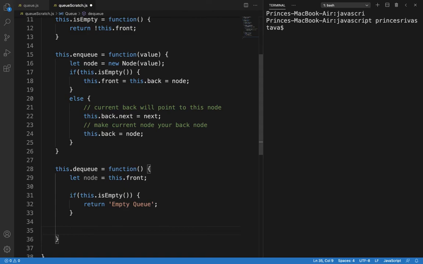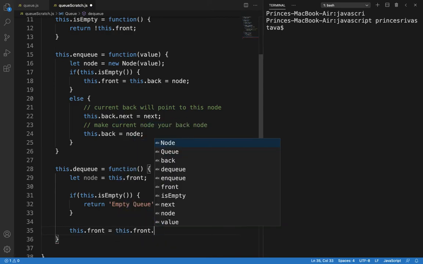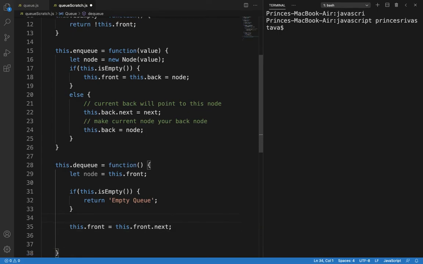Now if the queue is not empty, then what we will do is first of all take out the front and change it to the next value. So this.front will point to this.front.next. Okay, so change the current front.